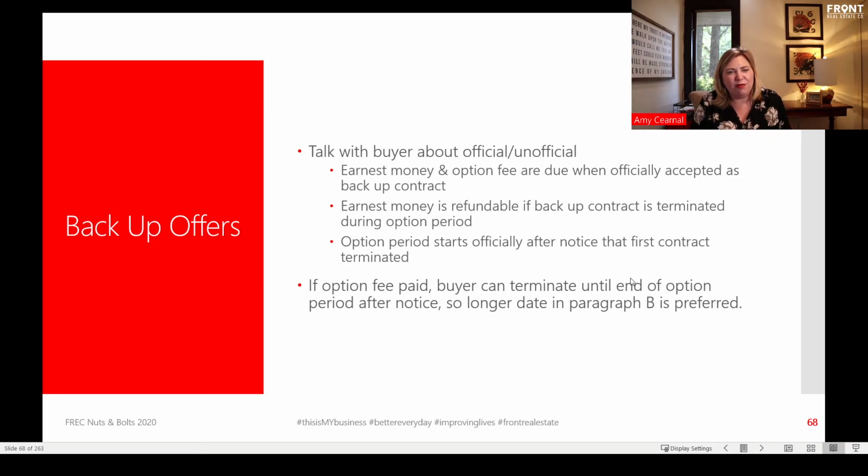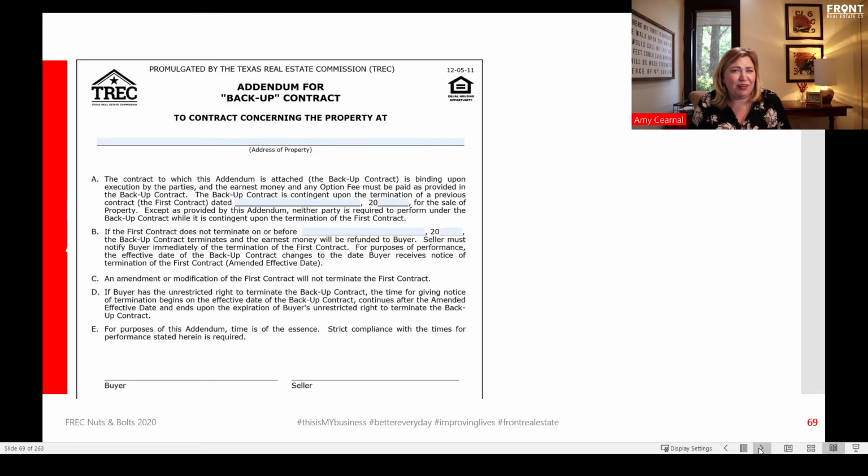So let's talk about the form a little bit so that way you can see what it actually looks like, and you cannot be one of those listing agents that doesn't know how the form will work. All right, so here it is. This is the latest form that we have. It's from 2011. It's the addendum for backup contract to the contract concerning the property at